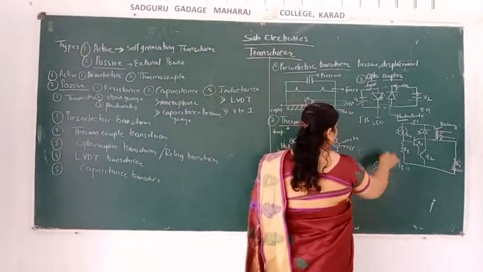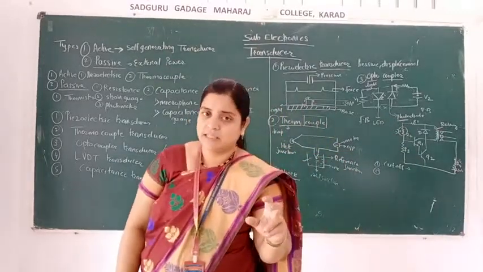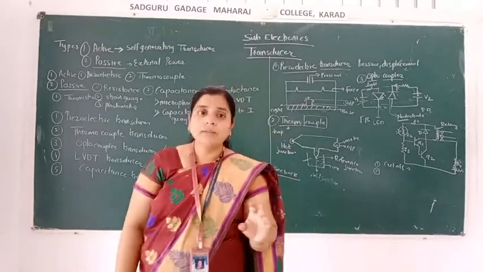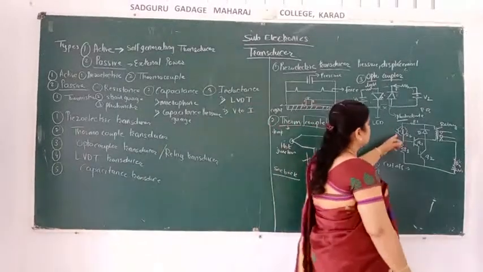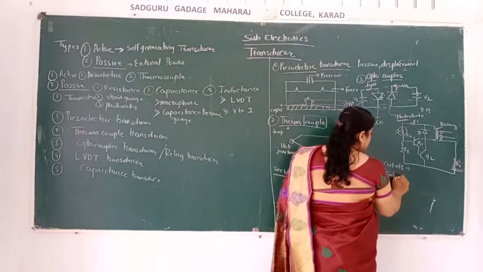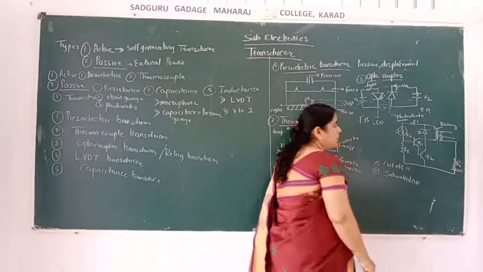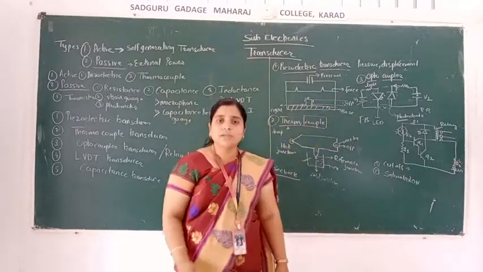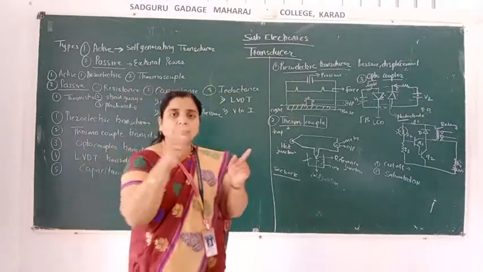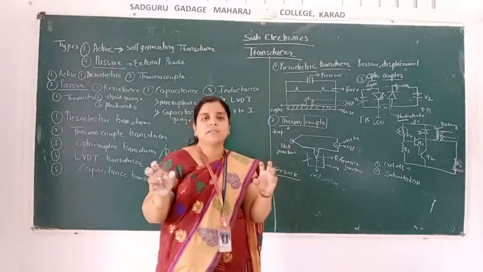The second condition is what? When light falls on the LDR, that is, the light dependent resistor. If light falls on that resistor, then what happens? If light falls, it starts working. Then transistors Q1 and Q2 will be in the saturation state. Saturation means what? It will be in the on condition. Then what happens? Transistors Q1 and Q2 are connected in a Darlington pair connection. Darlington pair connection means what? One transistor's emitter is connected to the base of the second transistor.